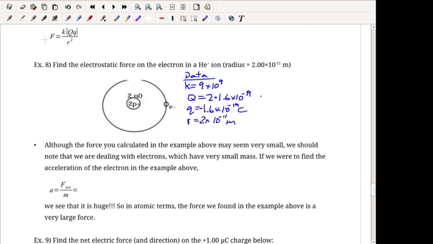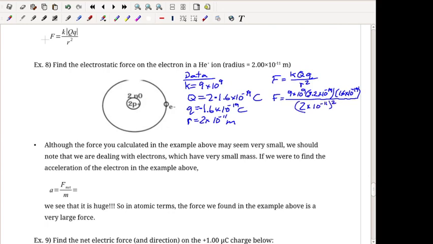If you don't need to write these down, no worries, but maybe it helps you organize yourself a little bit. So my formula, F is kQq over r squared. You can use q1 and q2 instead of big Q and little q. I just find it nice not to have to write subscripts all the time. So I'm going to plug in my data, insert: 9 times 10 to the 9, 3.2 times 10 to the minus 19, 1.6 times 10 to the minus 19. I'm going to drop the negative because I don't want it included in my answer, divided by 2 times 10 to the negative 11